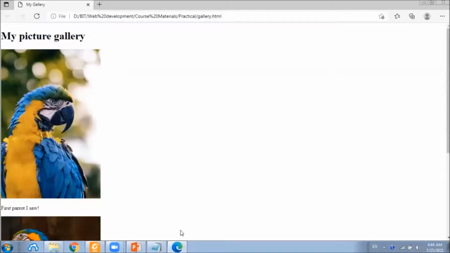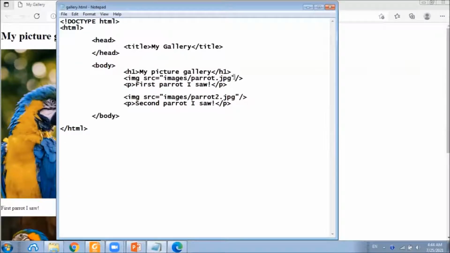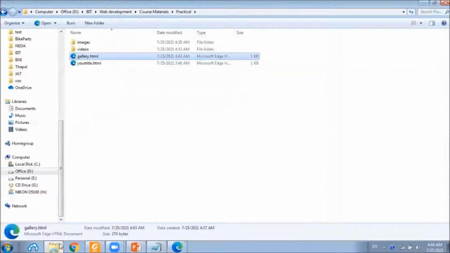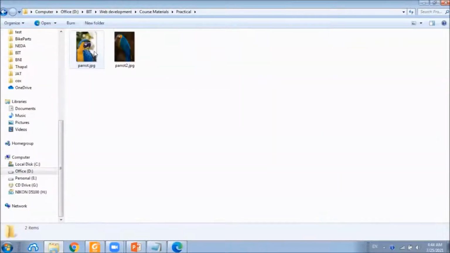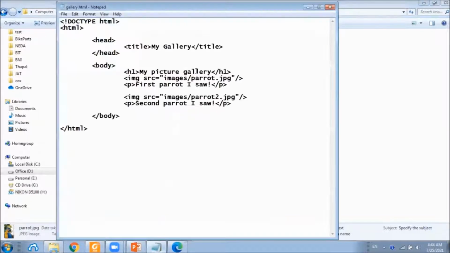Now let's specify a dimension to this first image. In fact, this image is 300 by 450 pixels. What we can do is we can specify any arbitrary value.